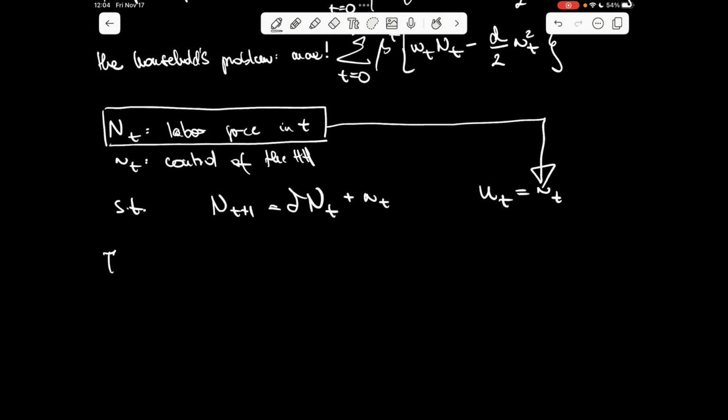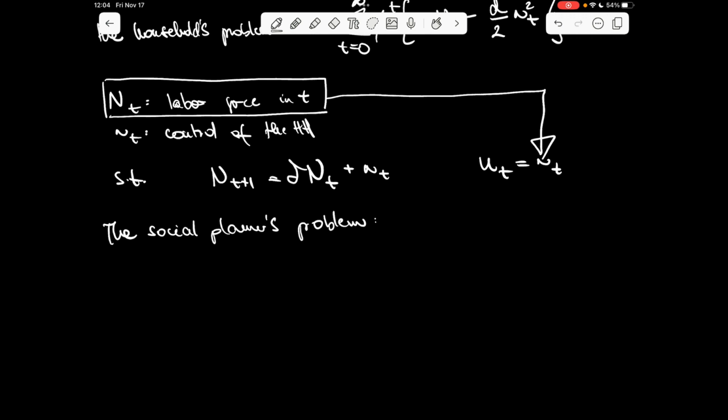So the social planner's problem is simply the sum of these objective functions. Here, first, I'd like to show you the full version, and then we can simplify it